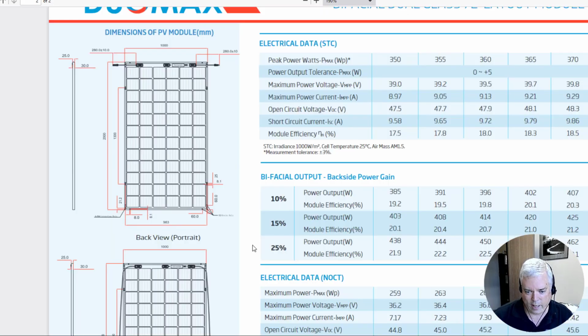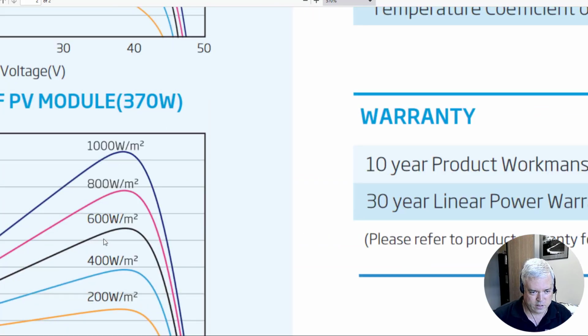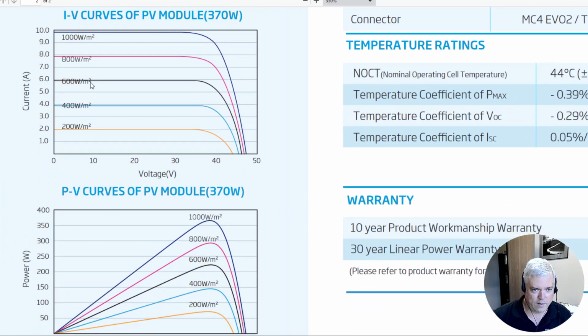Trina that I had up before, and you'll see this on these charts that they give us. IV curves of PV module for the 370 watt version. The short circuit current is 9.8, somewhere up there. The open circuit voltage is about 48 volts or something like that, and you could see that these curves change with the light irradiance, incident light